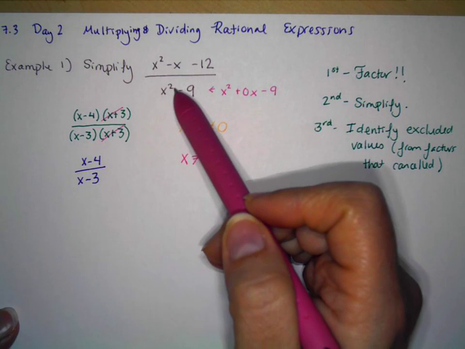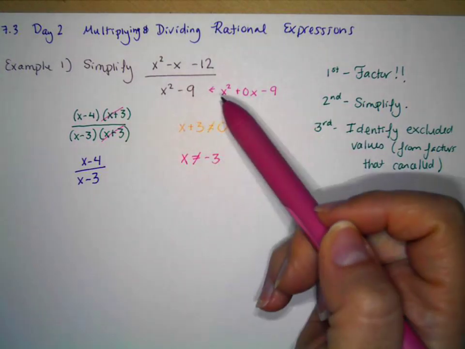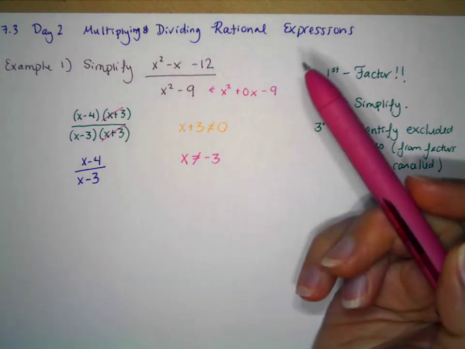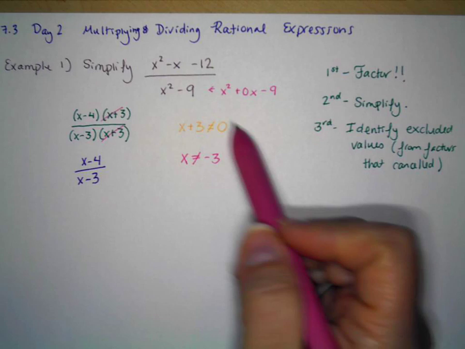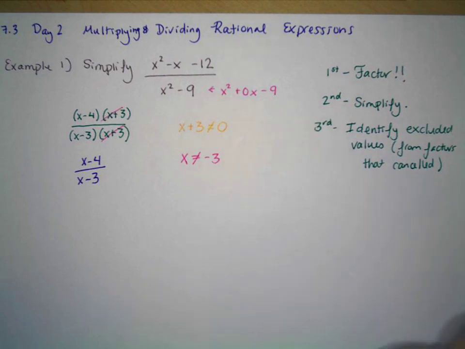Negative 3 squared is 9. 9 minus 9 is 0. We cannot divide by 0. That's undefined, okay? So anytime a factor cancels out, we need to determine what that gives us as our excluded value. Okay? Let's try another problem